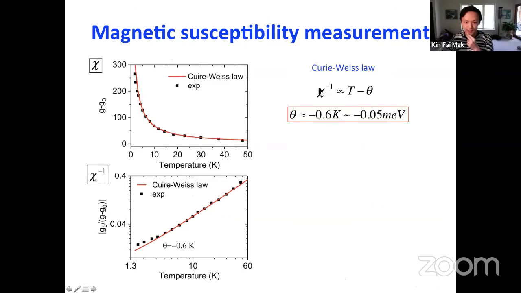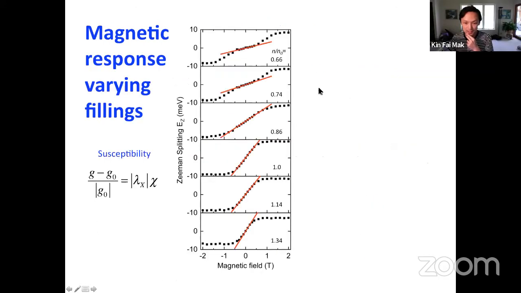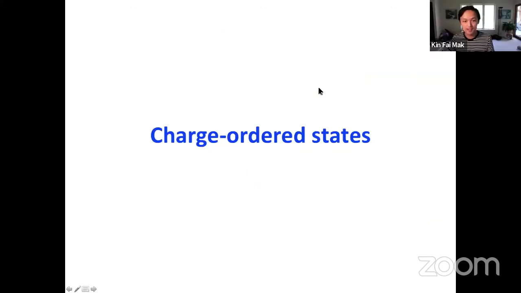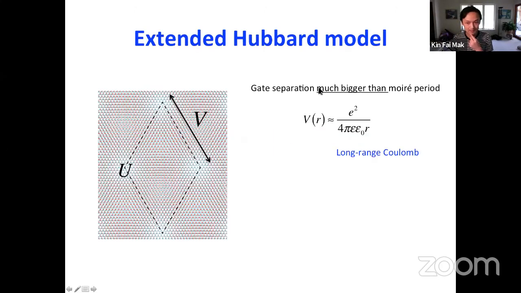Okay. So I will make a short digression now from magnetism in the system and show some unpublished results related to the charge order state in this system. And then I'll come back to talk about how these charge order states can be related to magnetism and why they're interesting for magnetism. So far, we have only talked about the Hubbard model with only the on-site U,